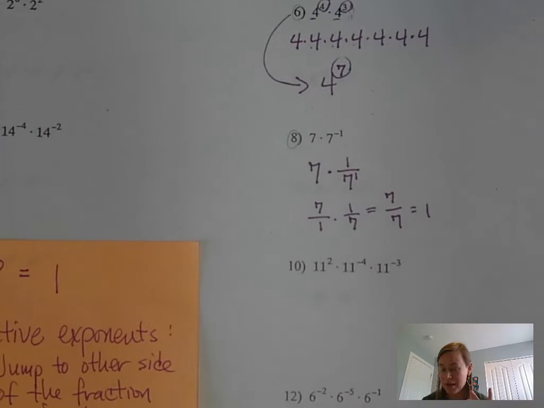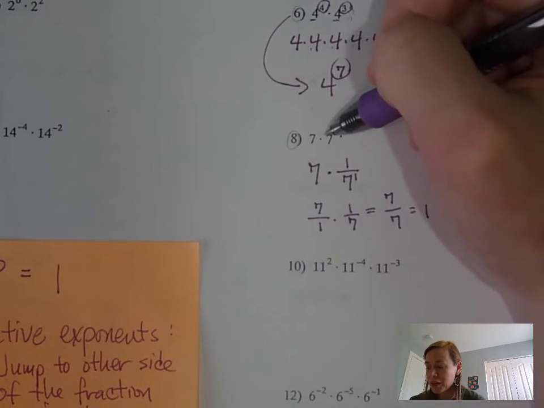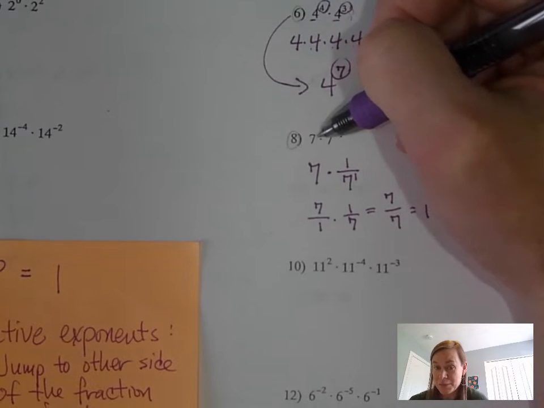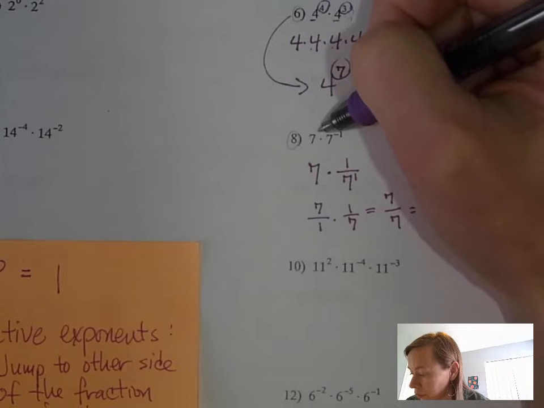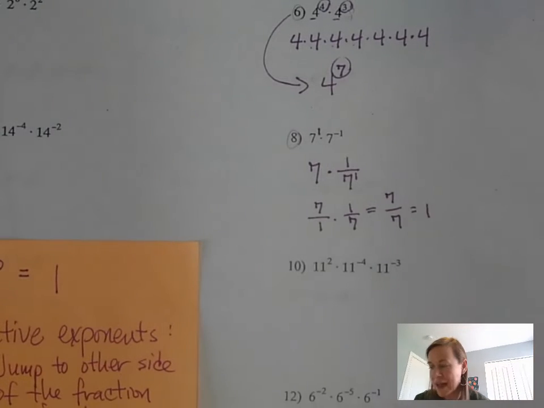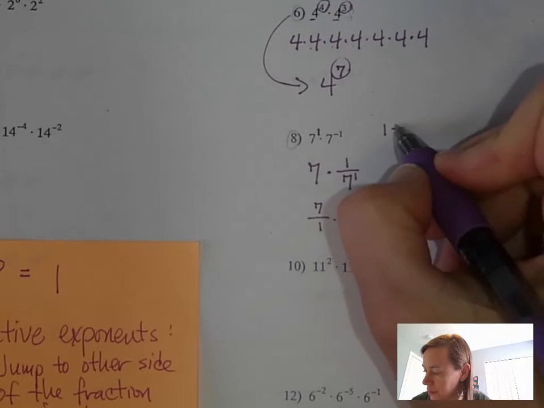So let's go back up here and see what's going on. If we're going to use our trick of adding the exponents together, we definitely need to put an exponent here, and that exponent would be 1. Whenever there is no exponent, you can add an exponent of 1, and that would be correct. So now let's add these exponents together. So you have 1 plus